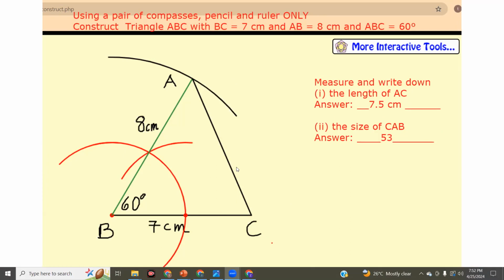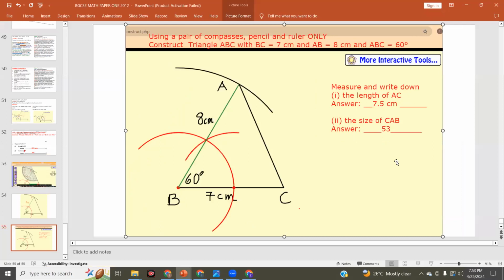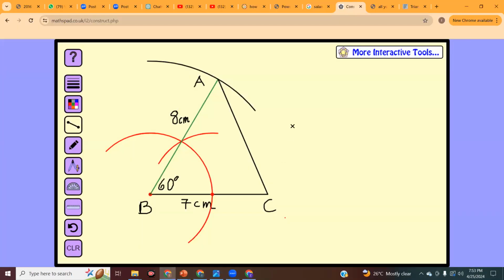Yeah, I mean, at first I hated geometry constructions. Oh boy, I hated it. Especially, I just couldn't get the 60 degrees when I was in grade 8 or 9, or maybe 7, one of them. And I just hated it, man. I used to make a lot of mistakes. But then after you get it and you get used to it, it's pretty fun. It's still daunting because you're like, I hope I get the right answer. But once you get it right, it's awesome. All right, so that's that.